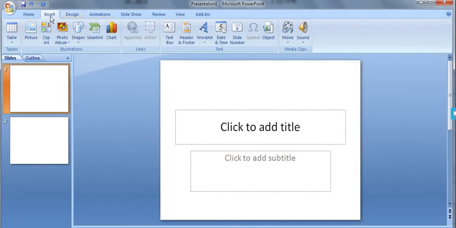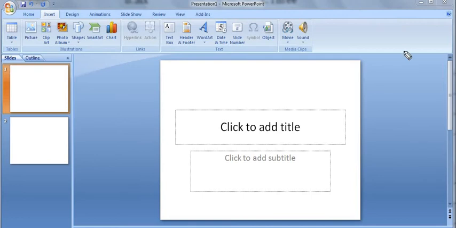Here you'll click on the Insert button. As you can see, you have to click on the Insert tab, and here the first option is the Table button, the Table group.